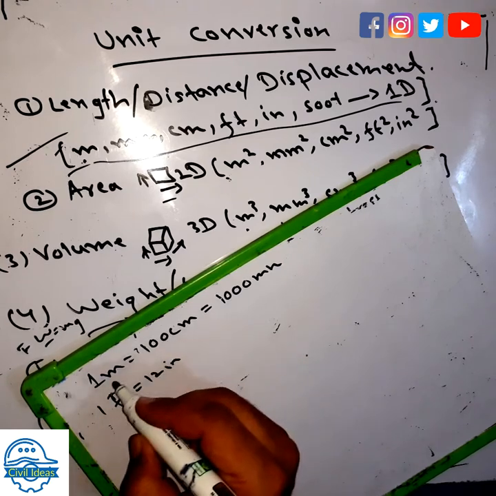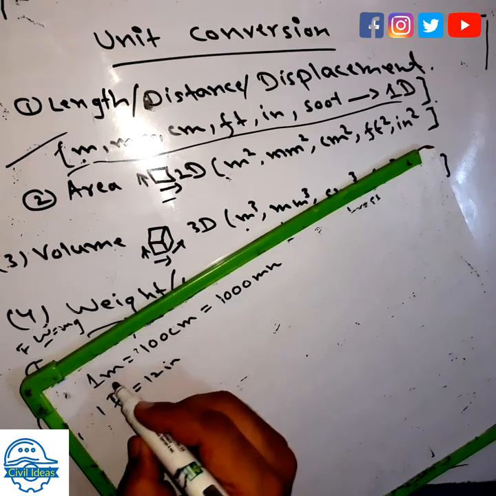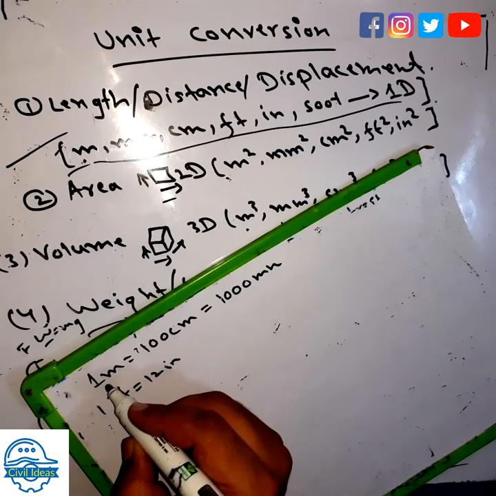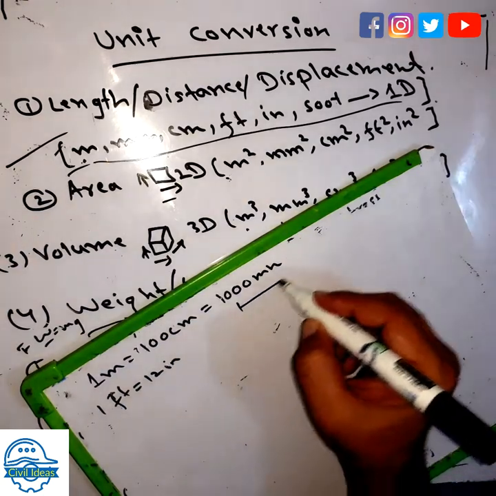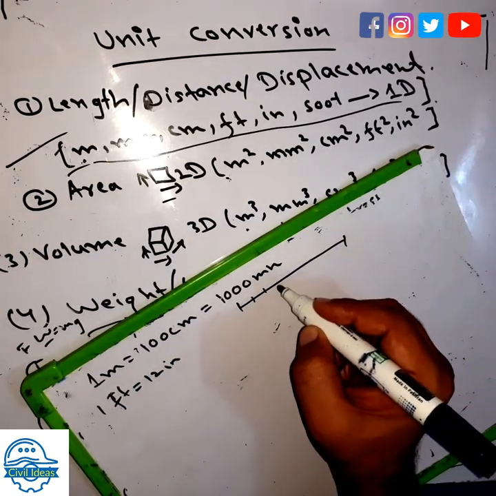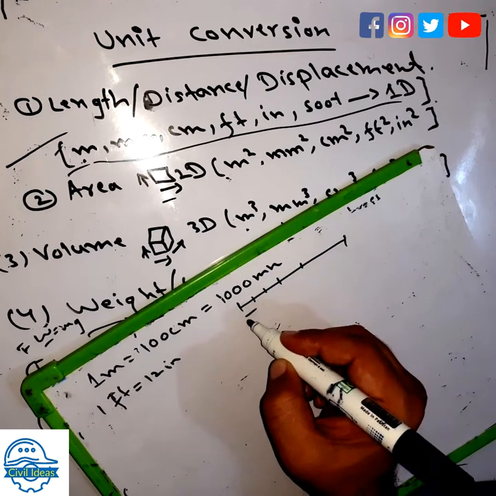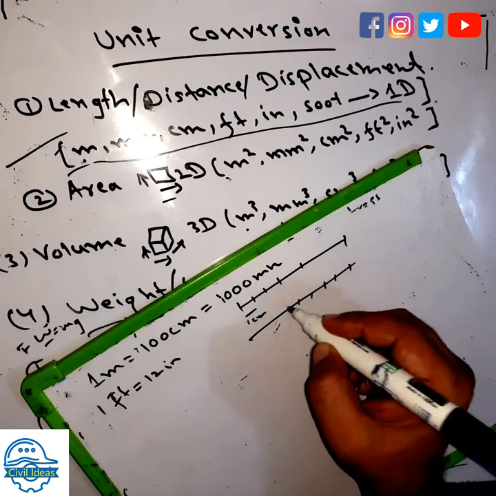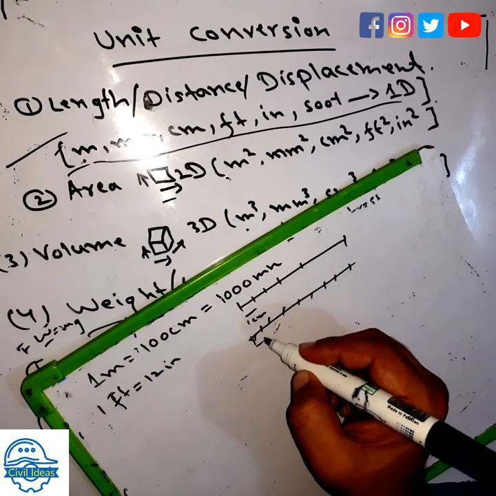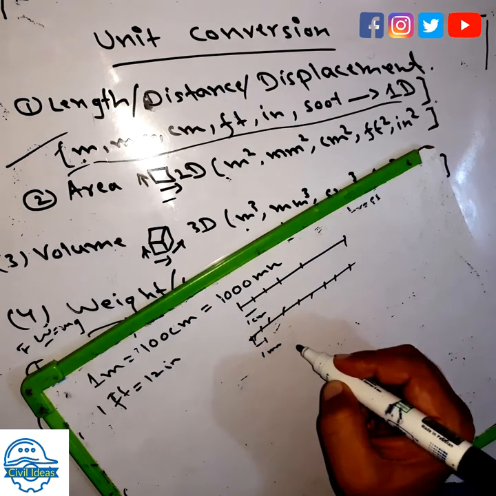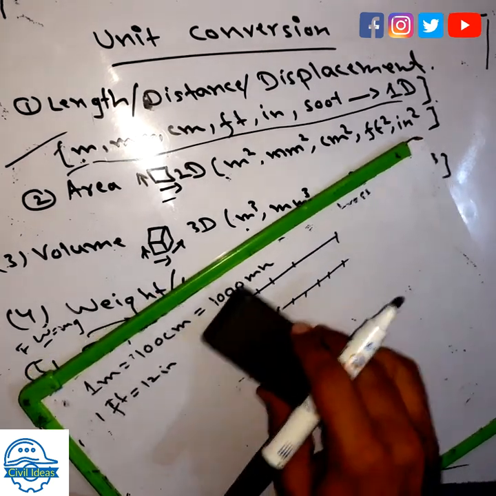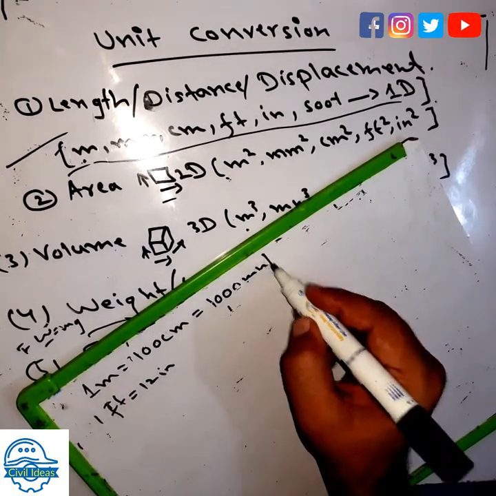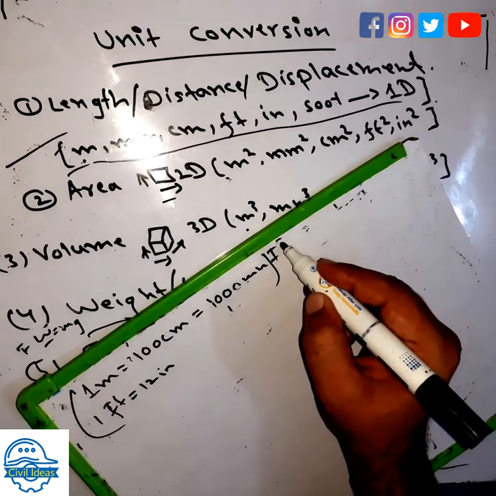Okay, on this you also have to clear the concept. 1 meter is equal to 100 centimeters. If you divide the meter into 100 parts, then one part will be 1 centimeter. If you divide it into 1000 parts, then one part will be 1 mm. So these are all the basic quantities, and this is a one dimensional quantity. You just have to know about